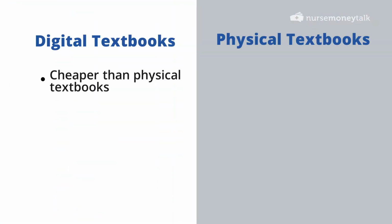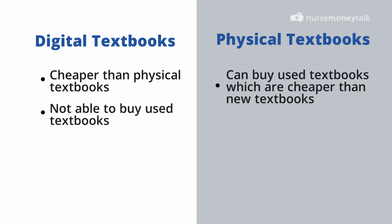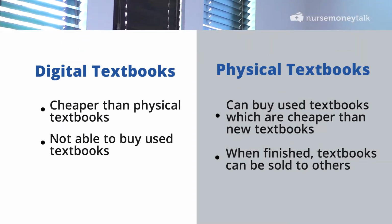I will preface this by saying that this can be a double-edged sword, because if you're going all digital, the downside is that you're not going to be able to buy used textbooks. And at times the used textbooks can be so much cheaper. I didn't really do this a whole lot, but I know some students who, instead of buying it used from an Amazon, an eBay, or the school bookshop, will actually buy it from